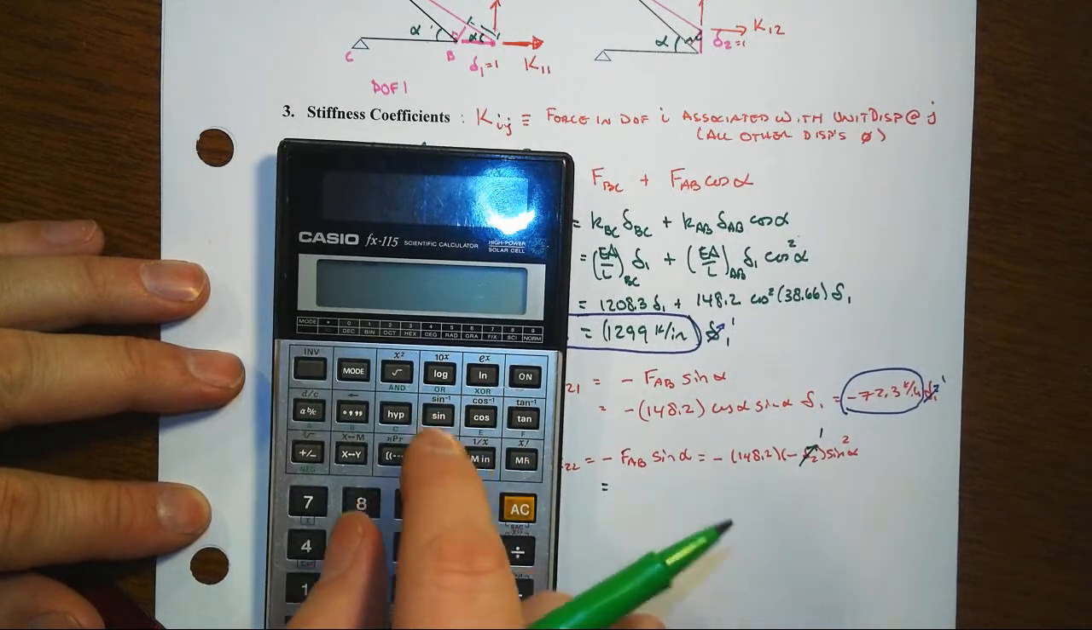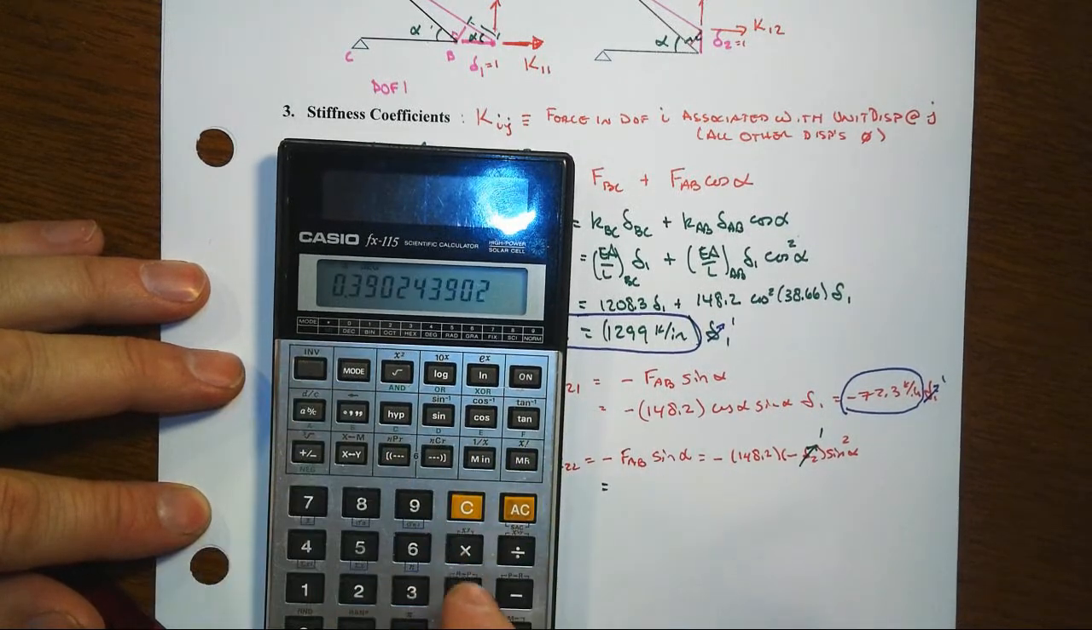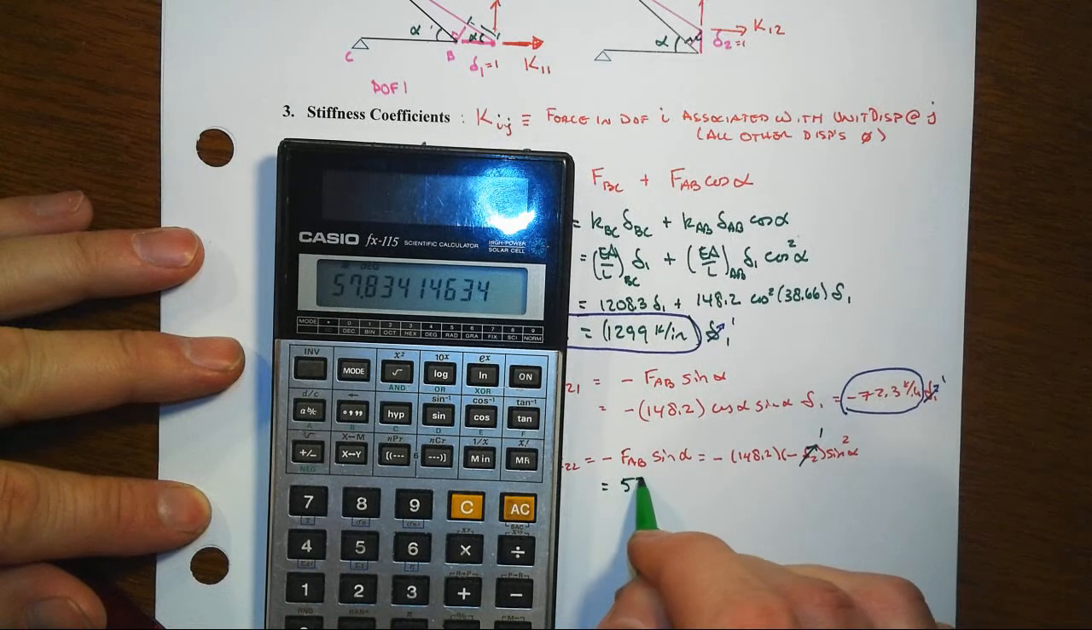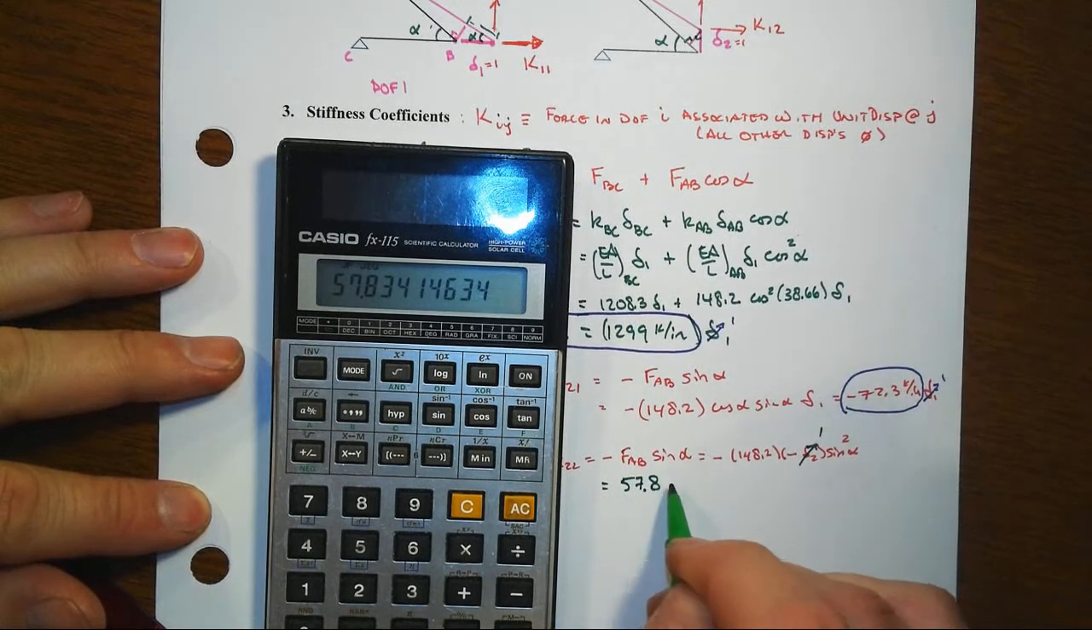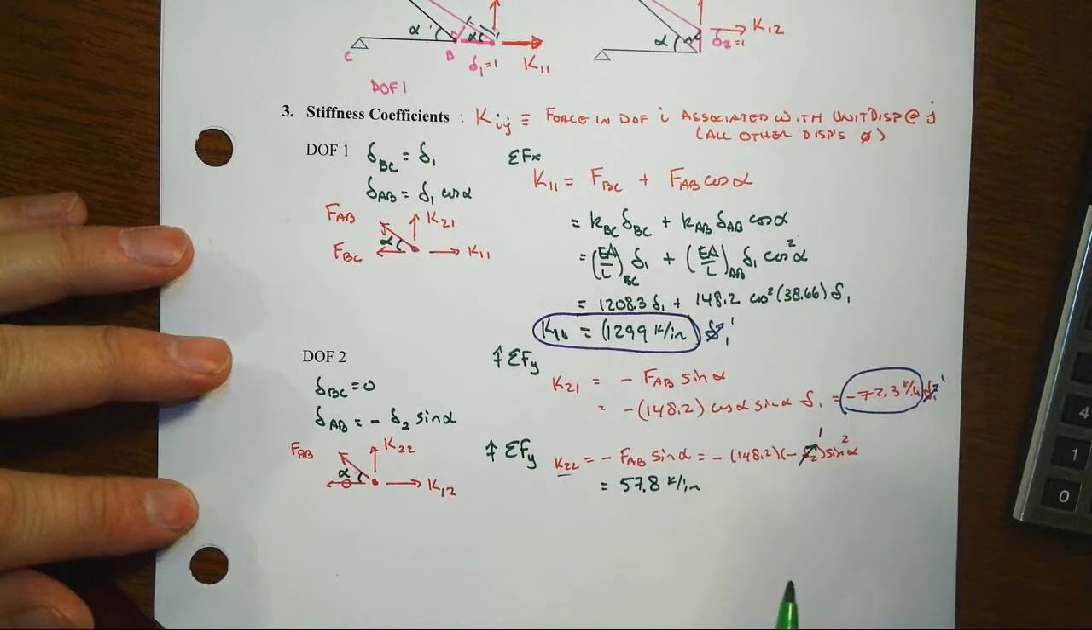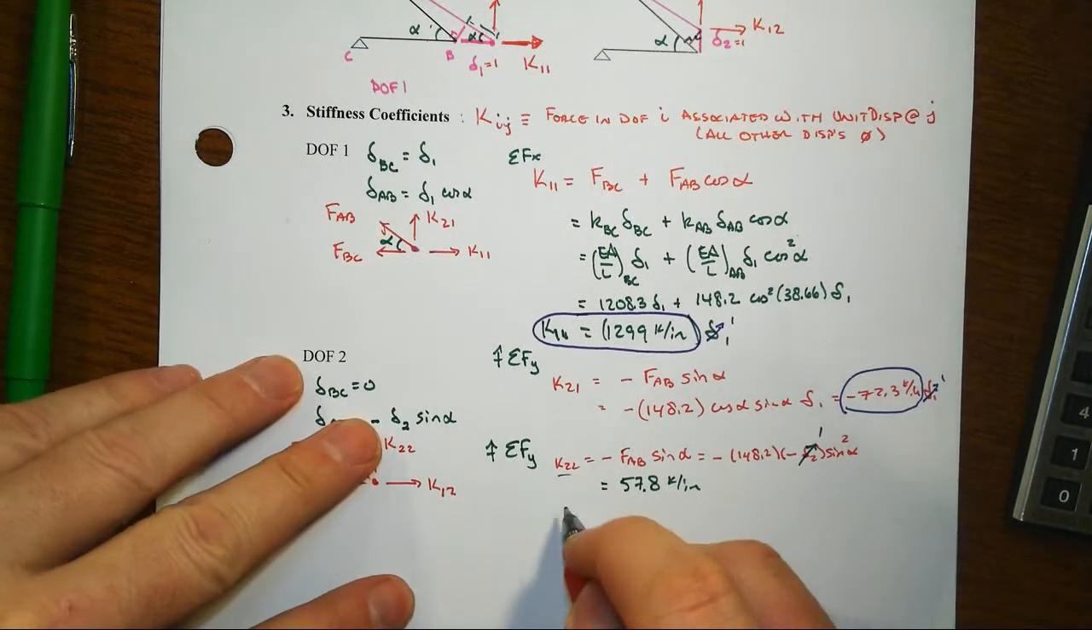Alright, so we need sine squared of that times our 148.2, and you get then, notice the minus times the minus, 57.8 kips per inch for our value of K22. For K11,